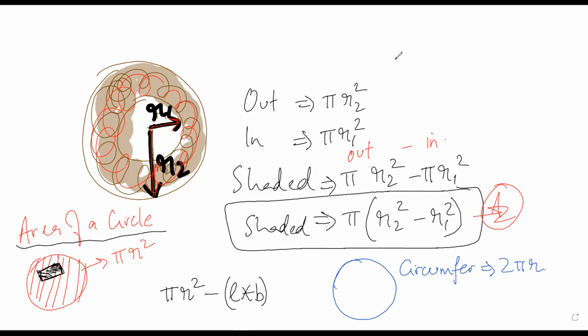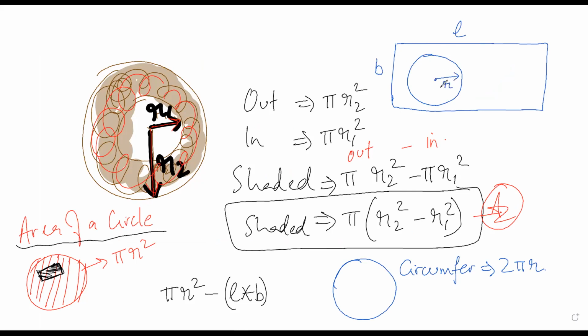Okay. Now, this same question can be modified like this also. What they can say is that there is a rectangle and then there is a radius. The length of the rectangle is L, the breadth is B, the radius is R, and what they might ask is to tell the area of the shaded region, and the shaded region may look something like this. Sarthak, have you understood the question? Yes, sir.